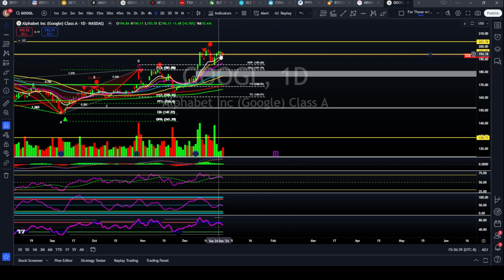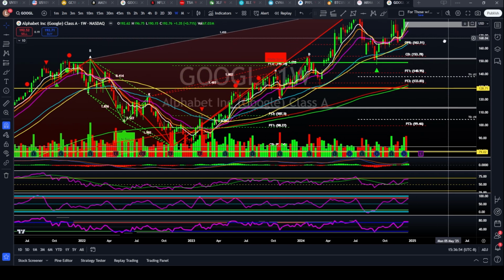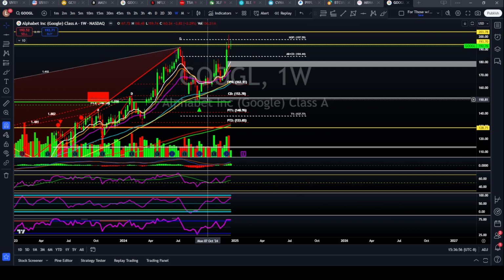So we're going to see if Google manages to find support above here, claim back 193.70, and above that, I do have a new all-time high there at 203.78. If we go over here to the weekly really quick, you do have an ABCD pattern. Yep, this is an ABCD pattern where you can see you had that doji candle there on the weekly form